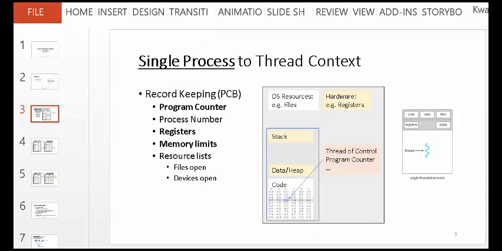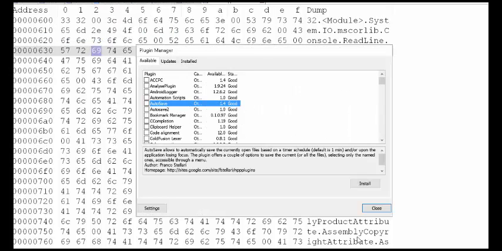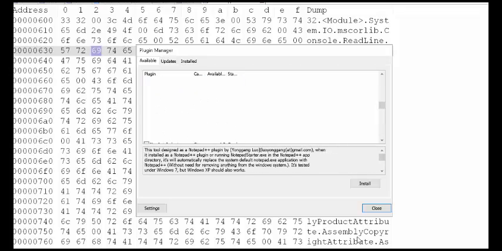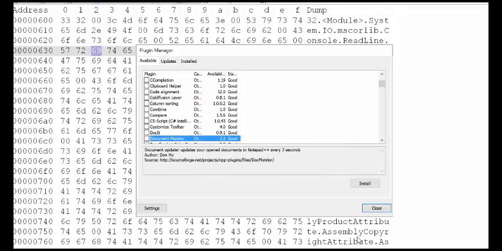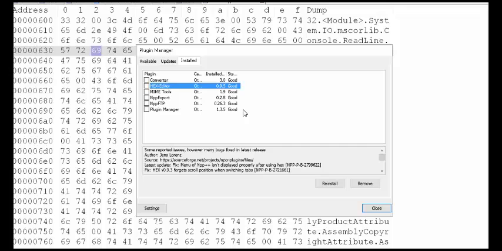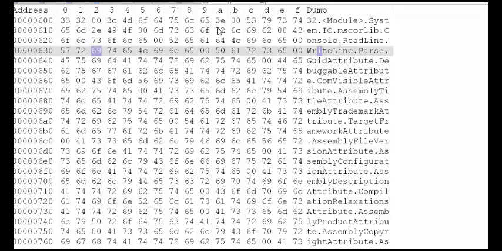either with Notepad++. Some people have Notepad++, and in the plugin manager, one of the plugins available is the hex editor. Find the hex editor. The font is a little bit small, but okay, I think for mine it's installed, so it's in the installed list. Right. So there is what we call a hex editor, and what will happen is when you open an actual program, some program that you have, some exe, you can see that there are these numbers that correspond to whatever is in the file.